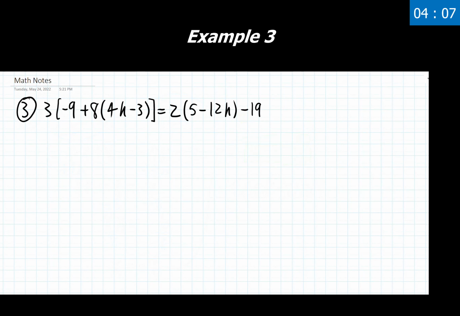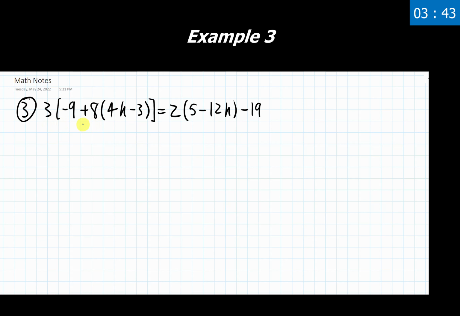All right, taking a look at our third example here, things are going to get a little messy on the left side and a little messy on the right side. But above all else, we are just trying to simplify each side before we start adding, subtracting, multiplying, dividing back and forth in this equation. So we'll do this in small controlled steps, as small as we can. Just do one thing at a time as you need to.